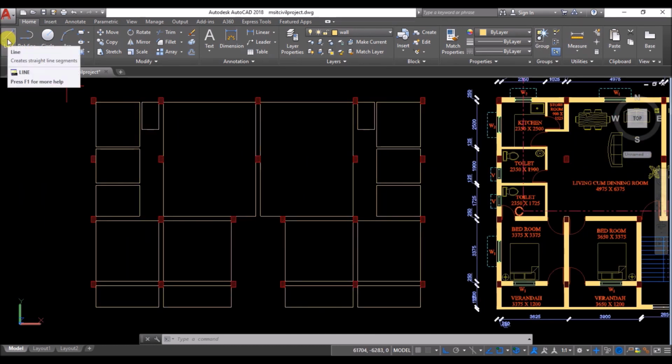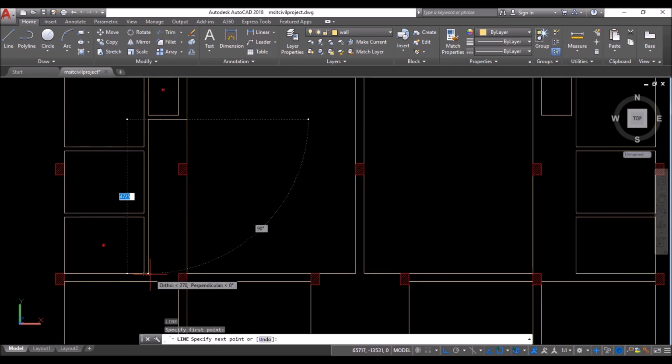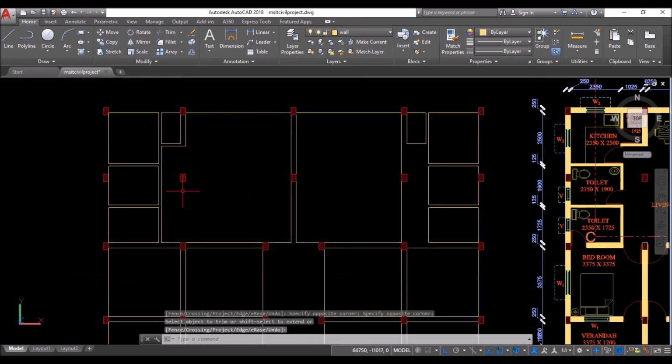Now click on line tool or type L and press enter. Then take 125 units extension downwards from the endpoint snap as shown. Then click at this perpendicular snap. Then repeat line command and draw the two lines as shown. Now type TR and press enter twice and then select all the lines as shown to trim this.